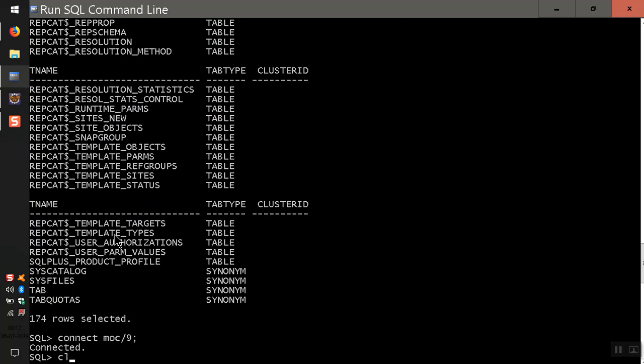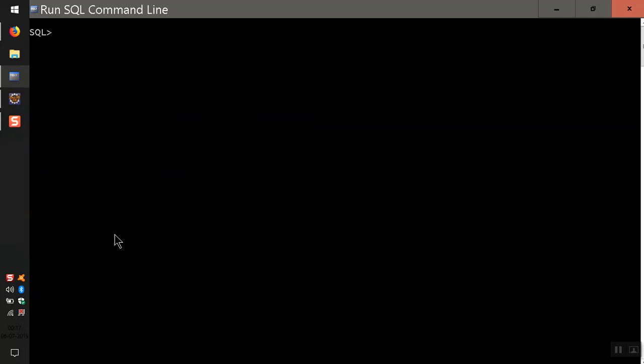So once we connect, let me say select star from tab. It's going to list out all the available tables for this user. So if it has no rows selected, it has no tables, okay. So let me create a table. To create the table, we have to use create table, name emp,